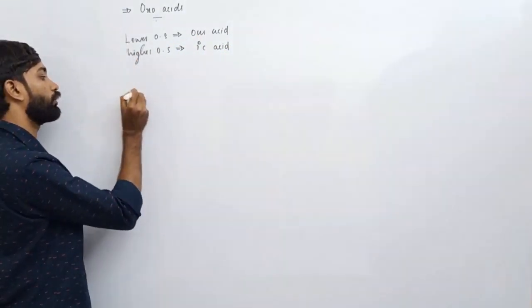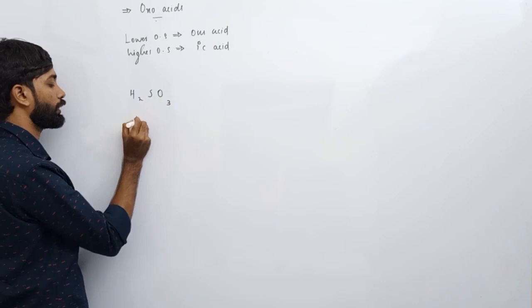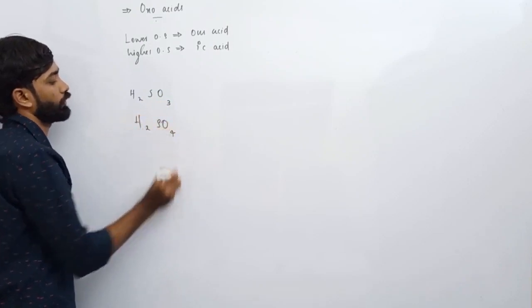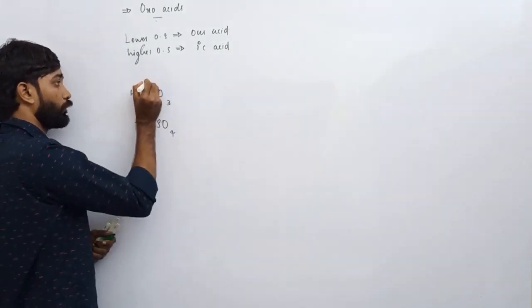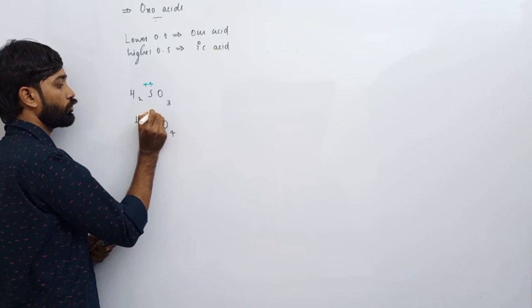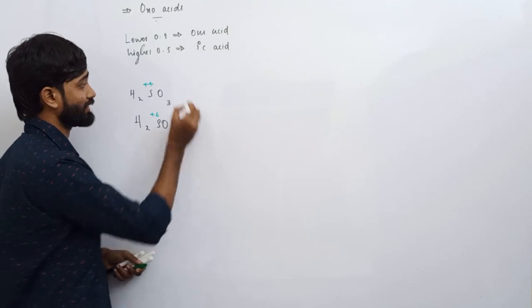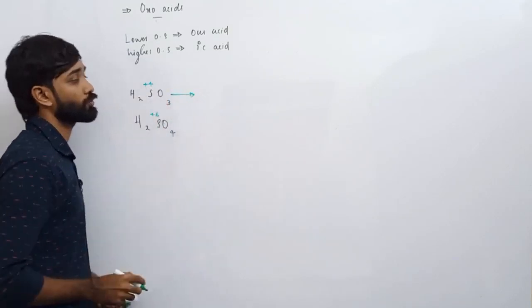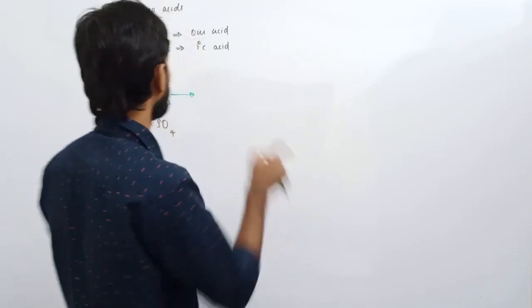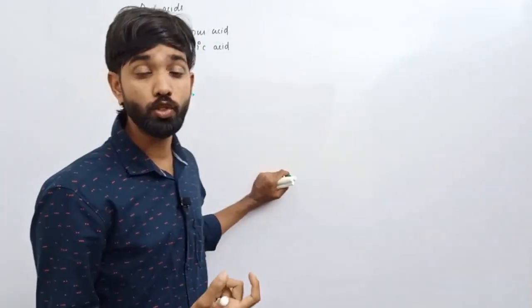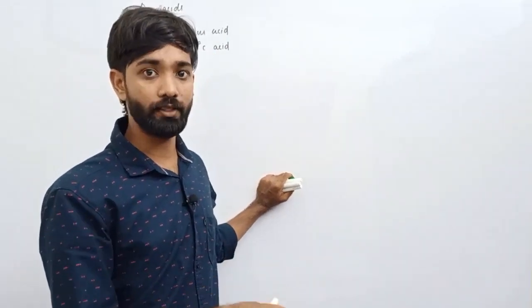The most familiar examples: H2SO3 and H2SO4. What about the oxidation state in H2SO3? You're able to calculate the oxidation state now; you know the rules, and there is no exception. It's a common one. H2SO3, the oxidation state of sulfur is +4, whereas in H2SO4 the oxidation state is +6. H2SO3 is said to be sulfurous acid, because it is a lower oxidation state. And H2SO4 is said to be